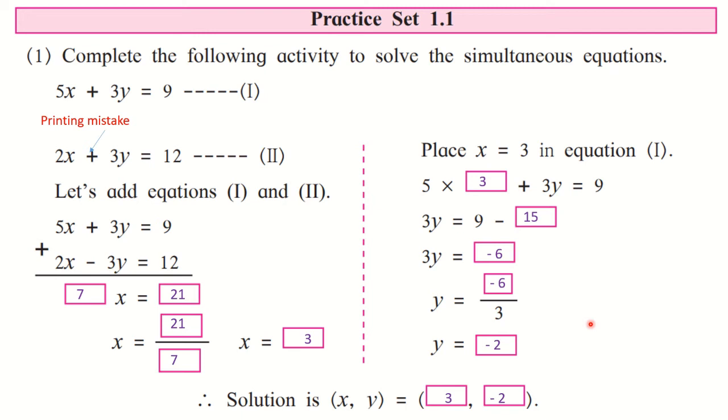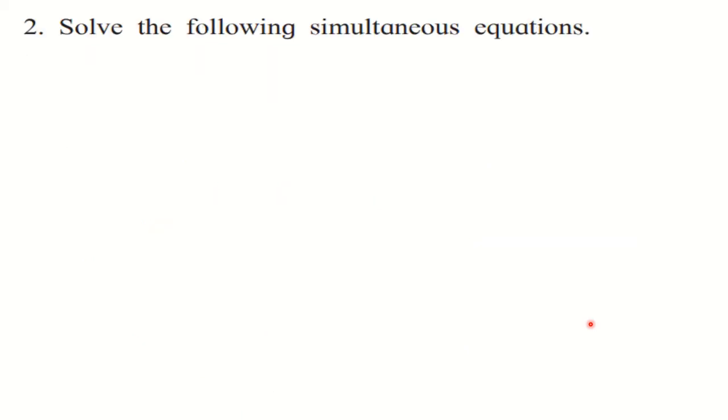So this was the first question, which was activity based. Now the second question is, solve the following simultaneous equations. In this, you will observe that the first 6 equations are based on the 2 methods which we have studied in 9th standard, that is elimination method or substitution method. And the last 2 questions, 7 and 8, are of a particular type of equations where the coefficients are interchanged. Okay, as we move on, you will understand that.